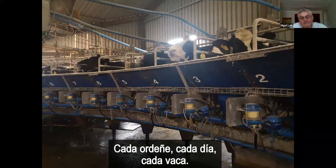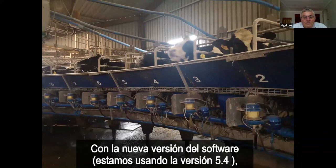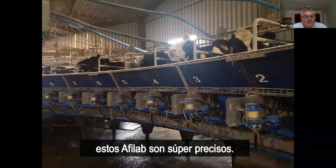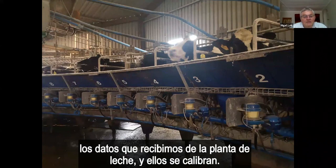Every single milking, every day, every cow. And they are the new version, with the new software we're using, version 5.5. These Afilab units are super accurate, and they're really easy to calibrate because we just enter the data that we get back from the milk factory,